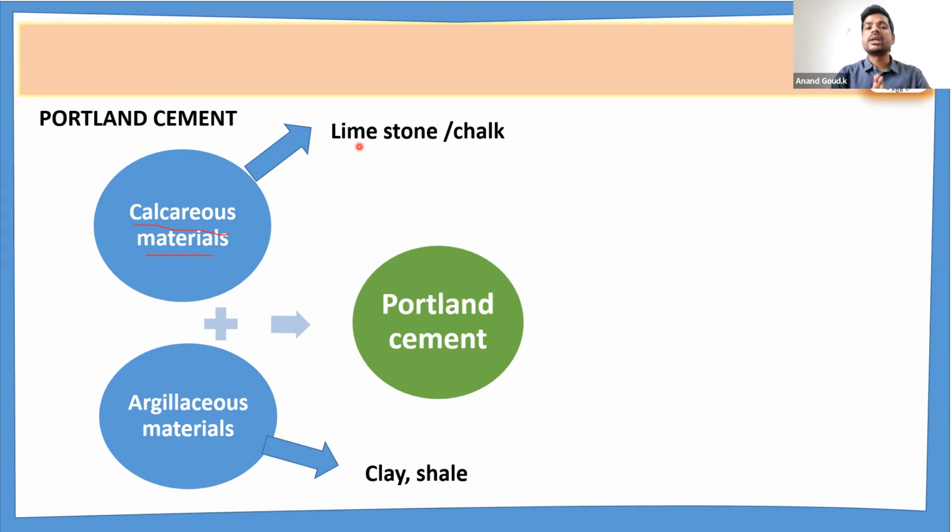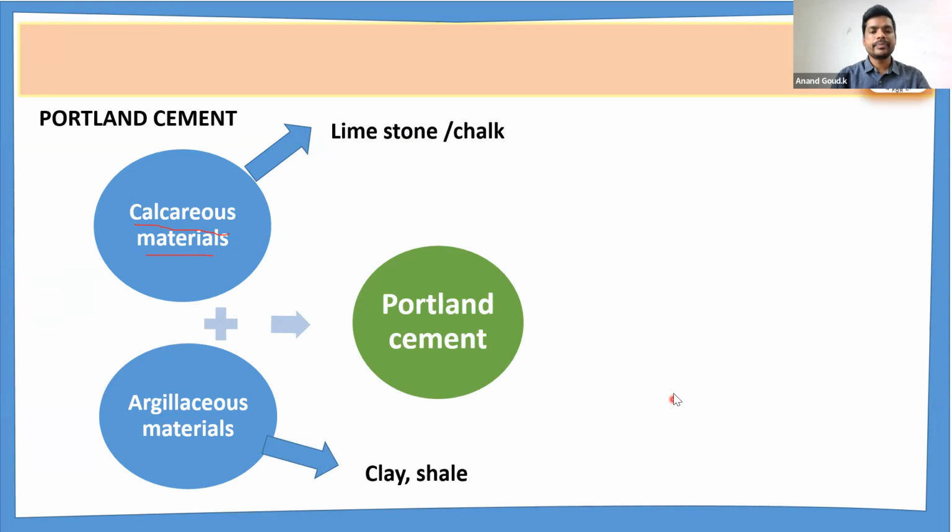So limestone will be used as one of the raw materials in the manufacturing of concrete, and these two stones are called calcareous materials. That means this limestone has calcium, or lime, as a major ingredient. That is why it is called calcareous material. Don't forget this, it is very, very important. One of the raw materials is calcareous materials, and examples are limestone and chalk.